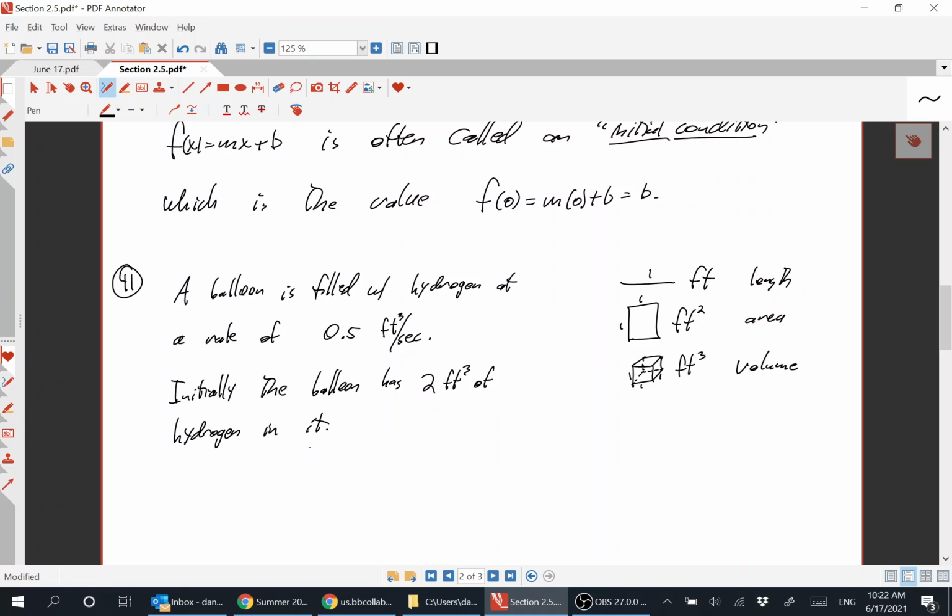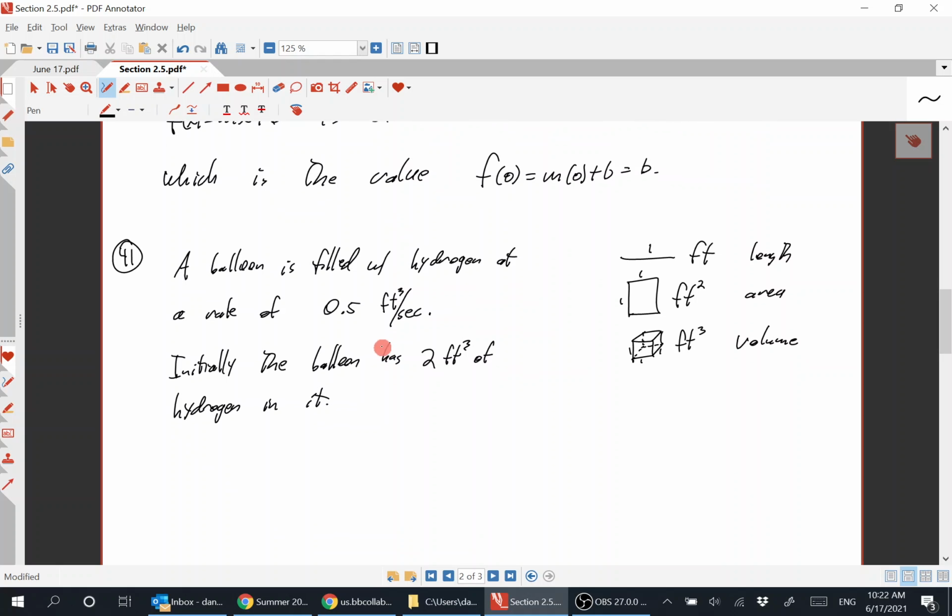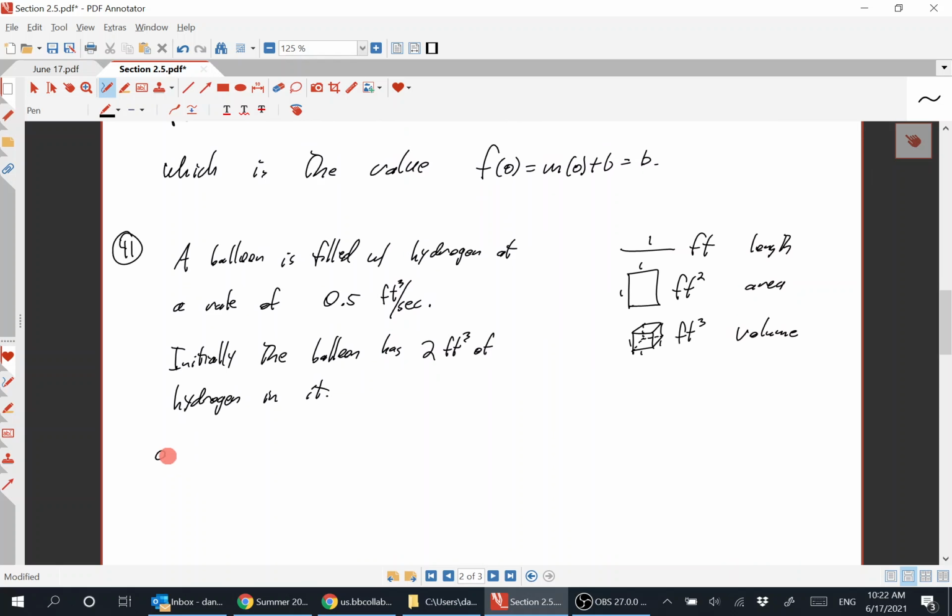Find a linear function v that models the volume of hydrogen in the balloon at time t. Okay, so part A. So v is equal to the volume of hydrogen